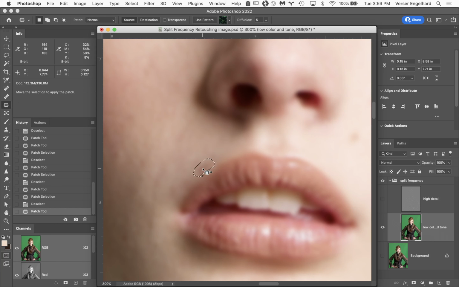So again, I've got my selection over the mole. I'm going to bring it up to the top and let go. That takes care of that. I've got another area down here that seems a little discolored. I'm going to lighten that up. The crease line that's coming down in her face is also going to be